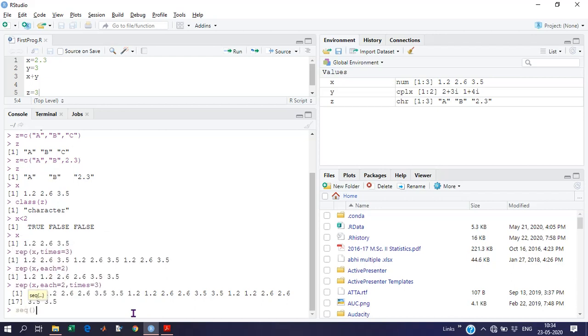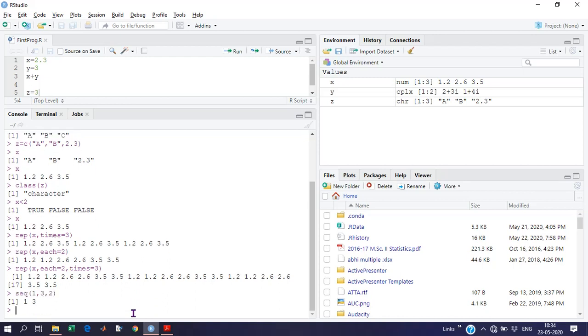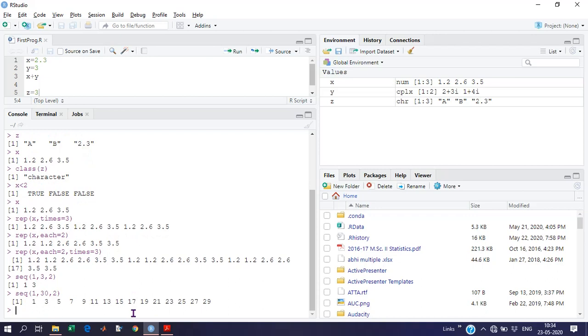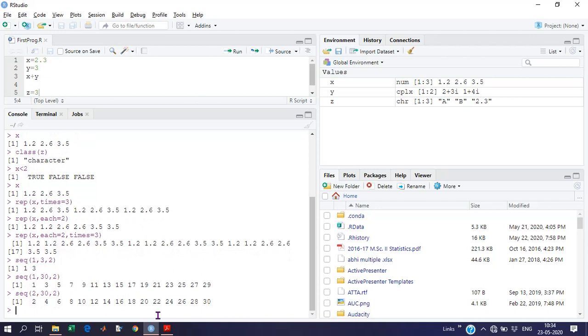Go for the sequence starting from 1 up to 30 with a difference of 2. Let's see what it creates actually. What if we want even numbers? So this is the case.